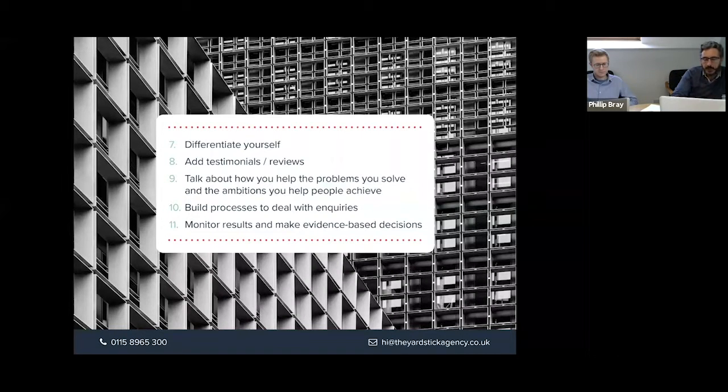Build processes to deal with inquiries. Now, this is really more important for Unbiased and the matched inquiries. Advisors and planners are probably spending a fair proportion of their time in meetings when they won't have their emails on their phones pinging. So you may well lose out on inquiries because you can't react quickly enough. And I'm sure this has happened to a lot of people on the call.